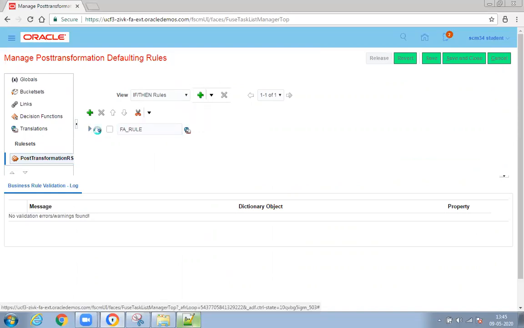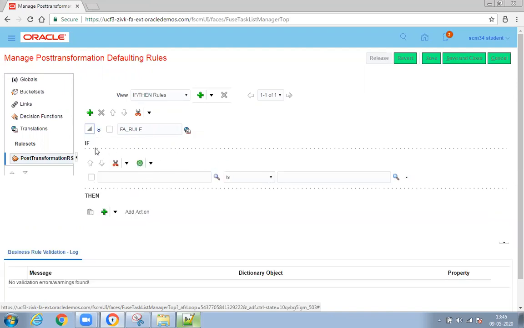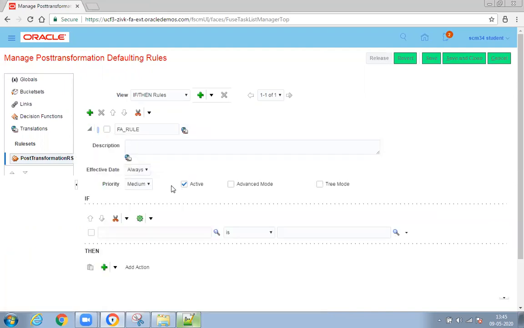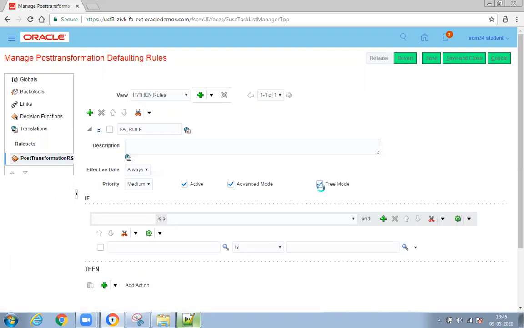Expand the arrow mark if you want to see more options. Make sure it is active, and we can enable tree mode and advanced mode.